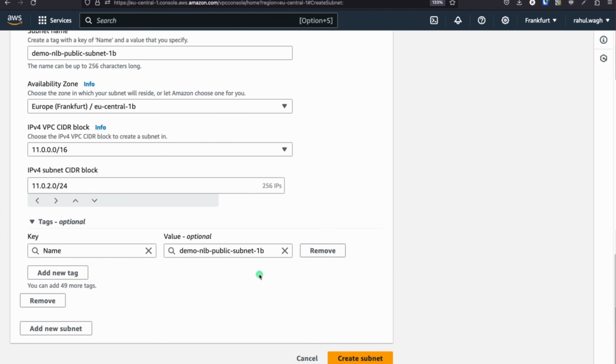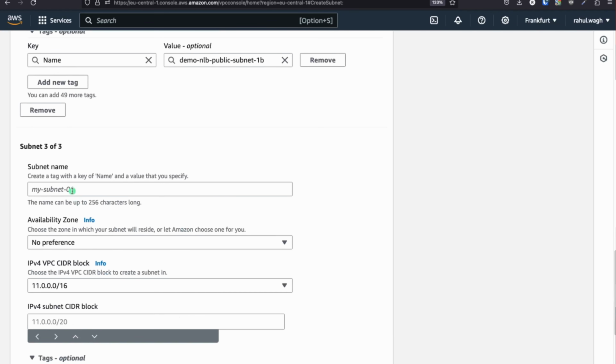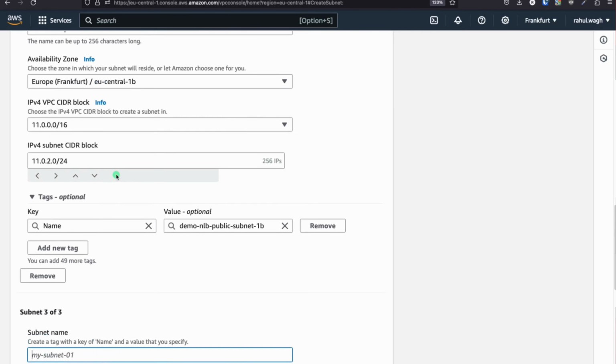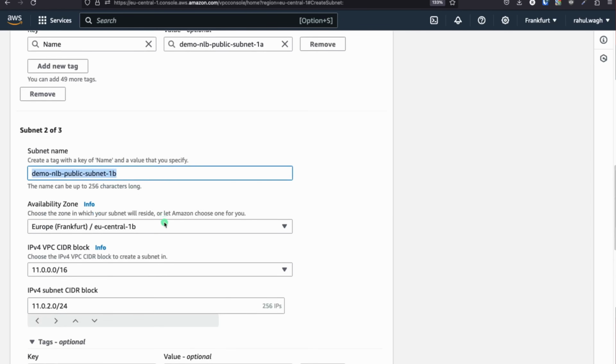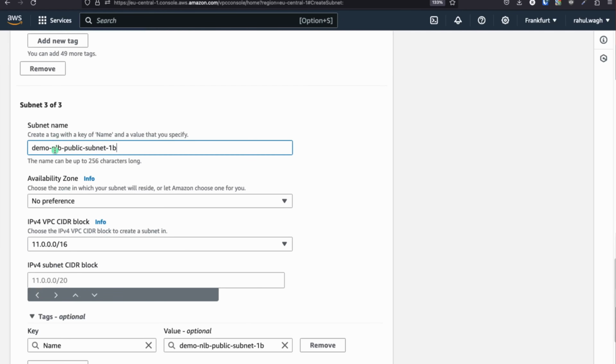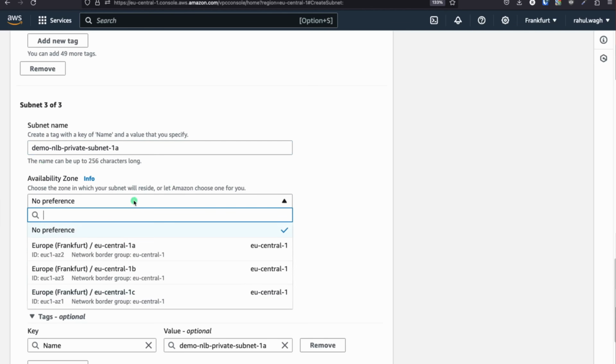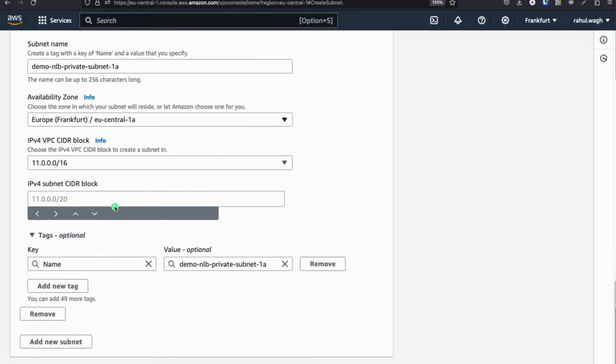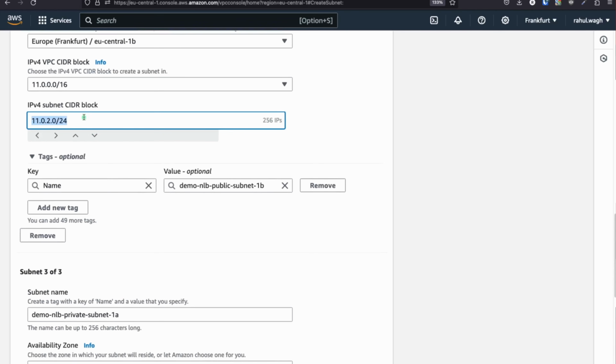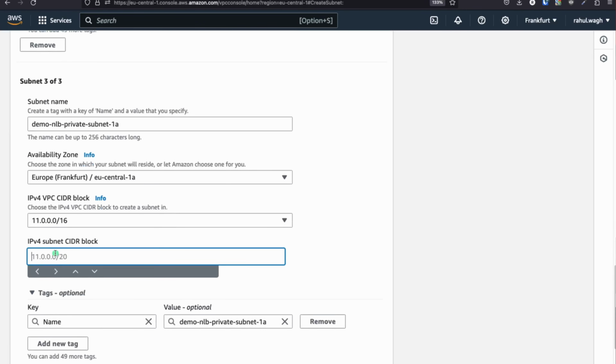So let's create private subnet here as well. So click on add new subnet and paste the name. Sorry, I just need to copy the name once again from the top. So I'll copy this name and paste it over here, and instead of public I'm just going to make it private and put it 1A. Availability zone, I'm just going to choose 1A. I'm just going to copy the IP range from the top, and for private we have chosen to go with 3.0,